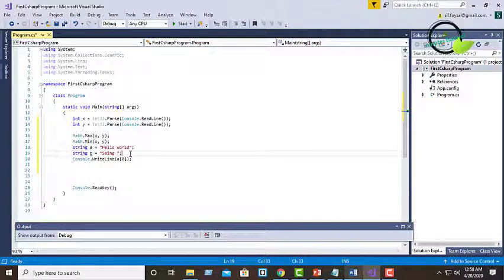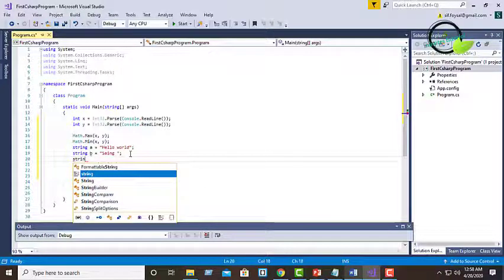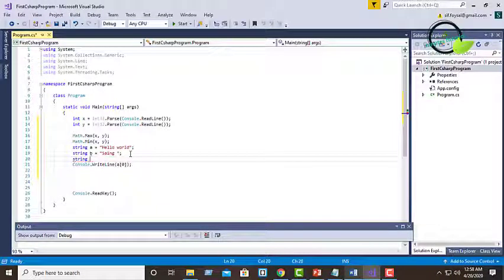so I am concatenating both strings and assigning to a new string.